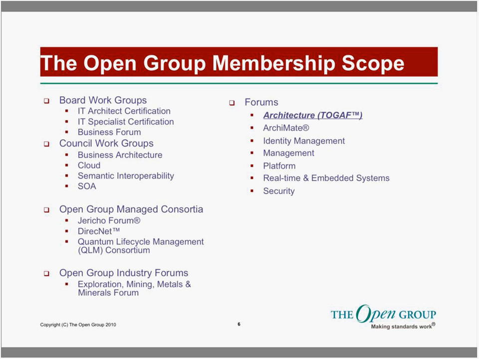Consortia, where the Open Group's consensus process and secretariat functions are used for security dimensions such as Jericho and U.S. government functions that are listed here, using the manner in which the Open Group rapidly manages the development and deployment of standards and consensus as a service that we provide.